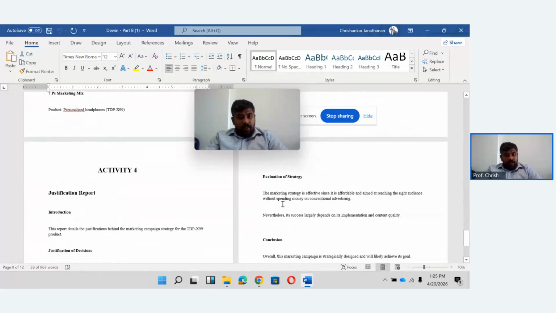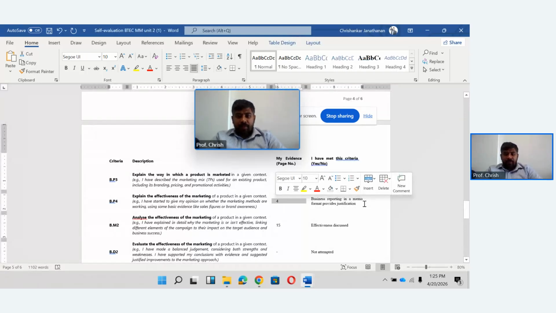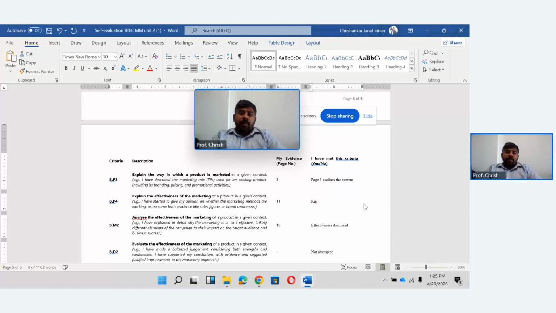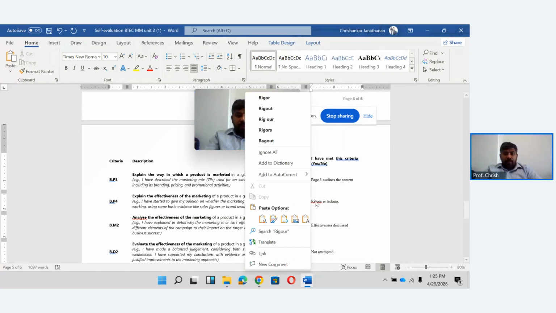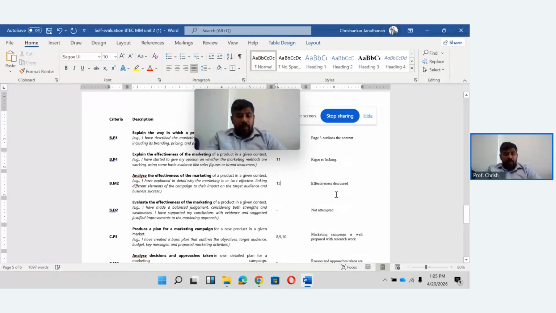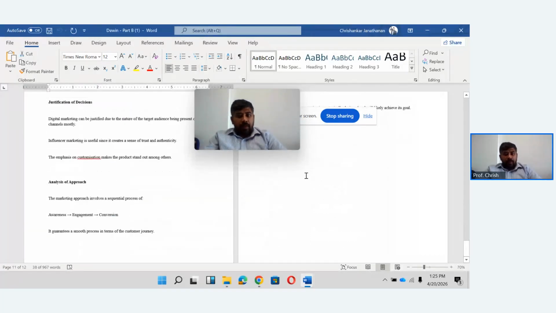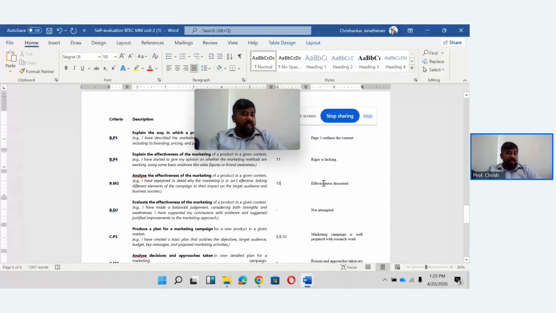Can take the justification part of it, page number 11. Yeah, the reference list is so much mandatory.